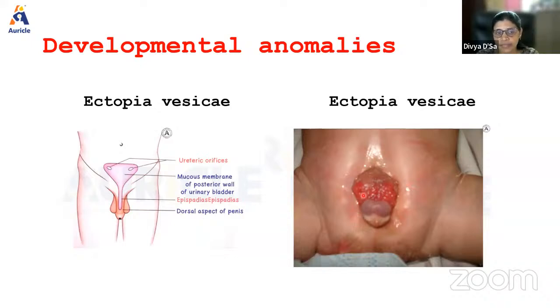Next is ectopia vesicae. This is the condition here. What has happened is that the entire bladder is exposed outside. The wall is not formed, and you can see it is exposed towards the outside. So these are the things which we need to know about the